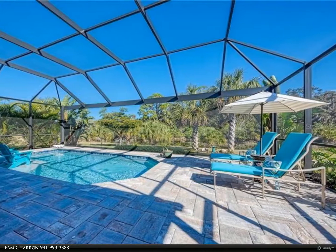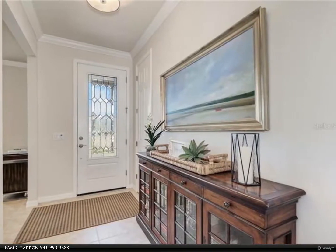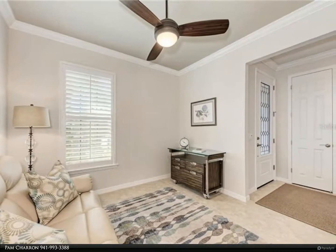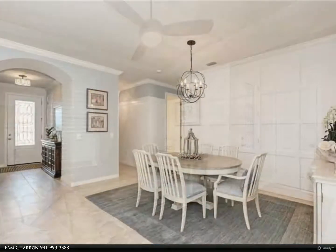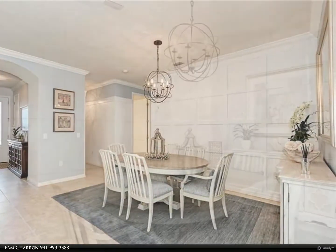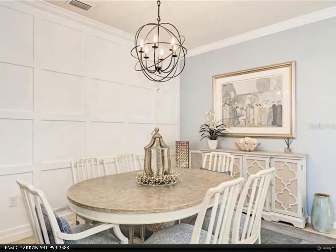Special features include tray ceilings, crown and decorative molding, 8 interior doors, built-in shelving w/electric fireplace, large center island w/quartz, gas range, stainless appliances, butler's pantry w/glass front cabinets, lighting and wine refrigerator, laundry room w/utility sink and upper cabinets for extra storage, master bedroom custom closet system, plantation shutters, pendant lights and fans, dimmer switches, and fully landscaped w/exterior